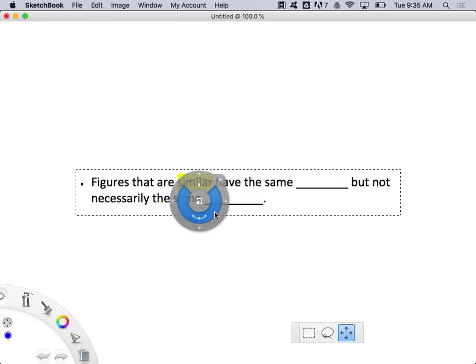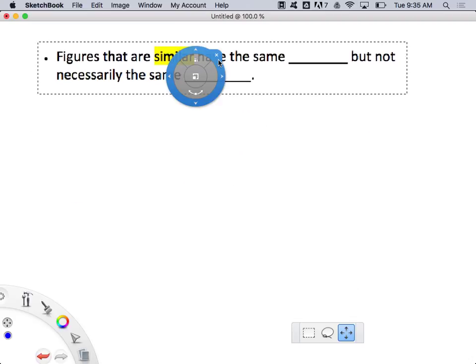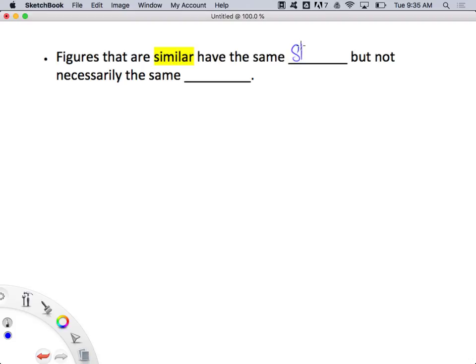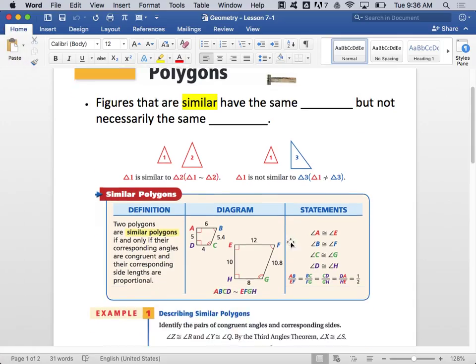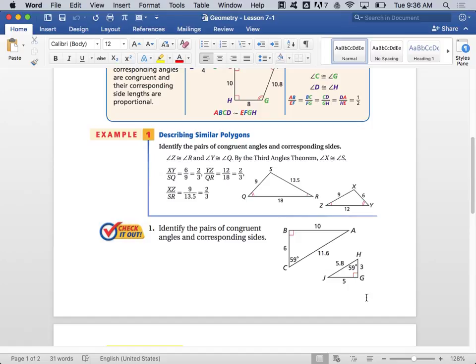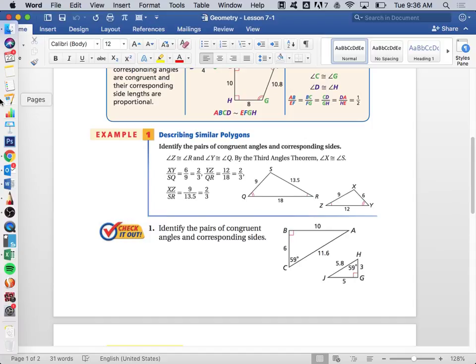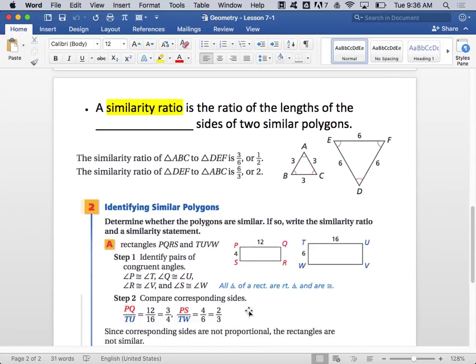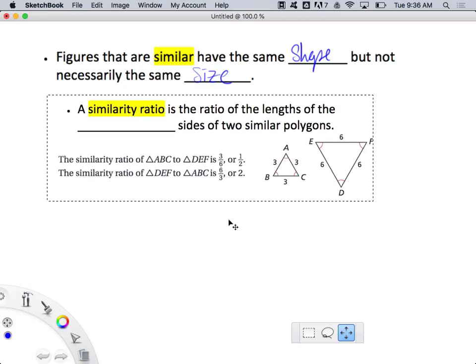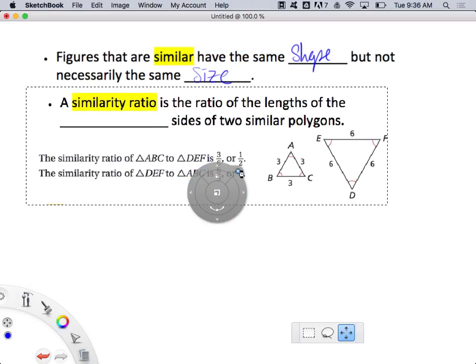Figures that are similar have the same shape, but not necessarily the same size. So now we're getting into similar figures. Okay? And the ratios of the sides are the same. Okay? So a similarity ratio is the ratio of the lengths of corresponding sides